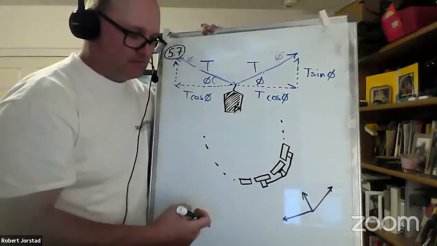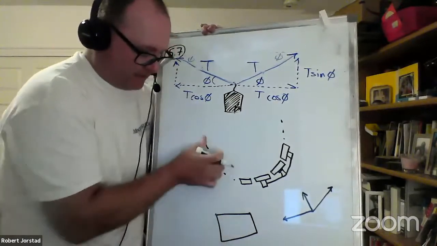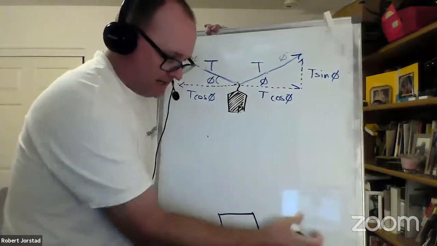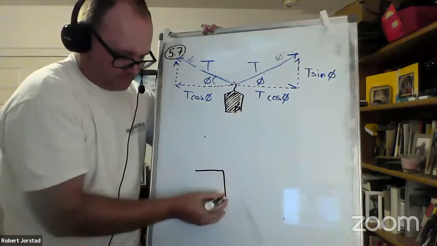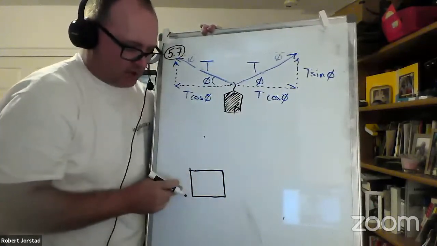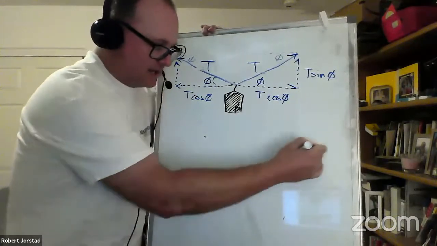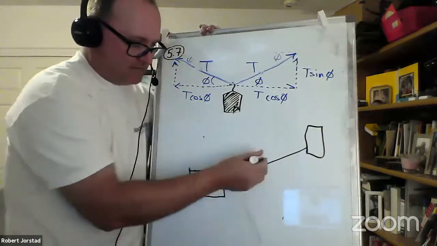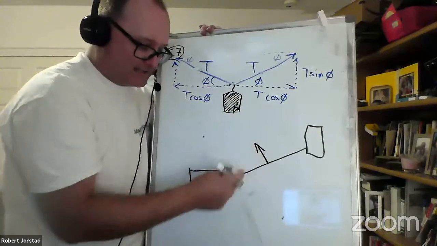And so, yeah, or let's go this way. You could play this in reverse. Check this out. Your car is stuck in the mud. Okay, let's say this is an aerial view of your car. Your car is stuck in the mud and you want to get it out. So one thing you could do is take a rope and run it over here to a tree. All right. And then if you push sideways on the rope, you add a lot of tension